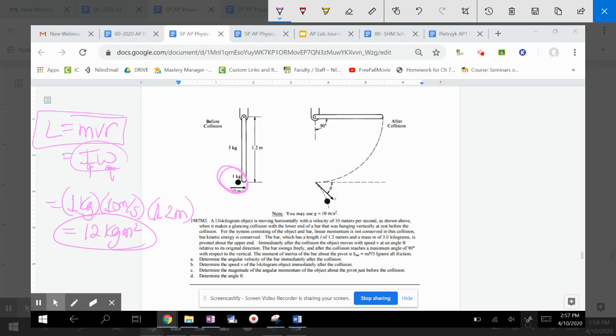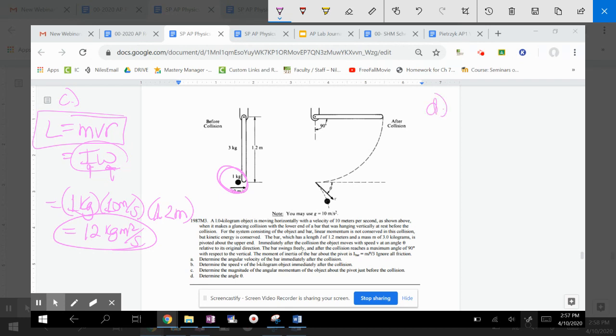Oh no, meters per second, meters squared. So I gave you the wrong units here. Kilograms meters squared over seconds. Okay. And then finally for part D, this is part C. For part D, it says